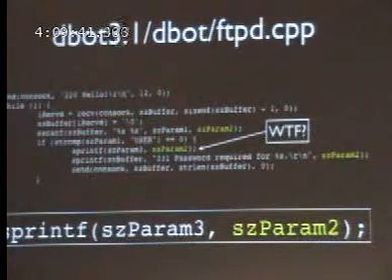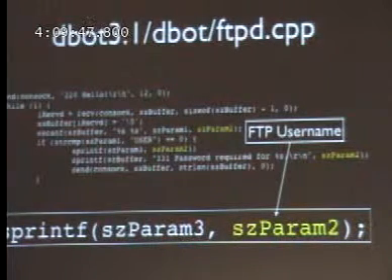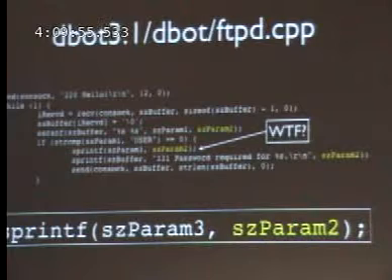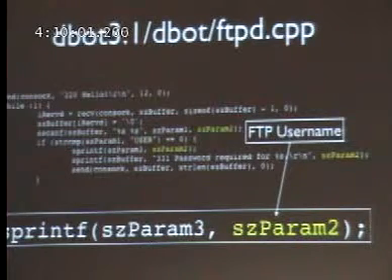And I don't know, is there anybody who can tell me what's wrong with this? The second argument is the FTP username that it gets off the wire. See? Yes, format string. It pretty much will take anything you give this program as a username and just drop it into a printf. So if you say your username is %p, %p, it will send you back the first 4 bytes off the stack.